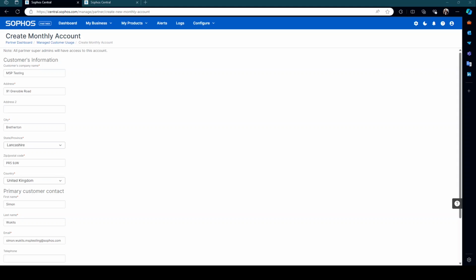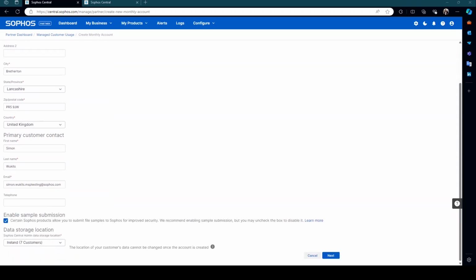So the mandatory fields here are the MSP or the customer's company name, the address, the city, the state and province, the postal code, the country, the primary contact, and in terms of the email, there's a best practice that I would like to share with you. What we're usually doing when we're creating a monthly dashboard from the central partner dashboard side is to use our own partner credentials with a little MSP appendix or alias